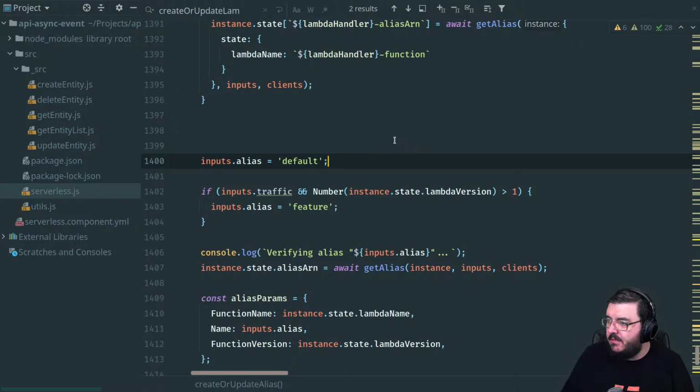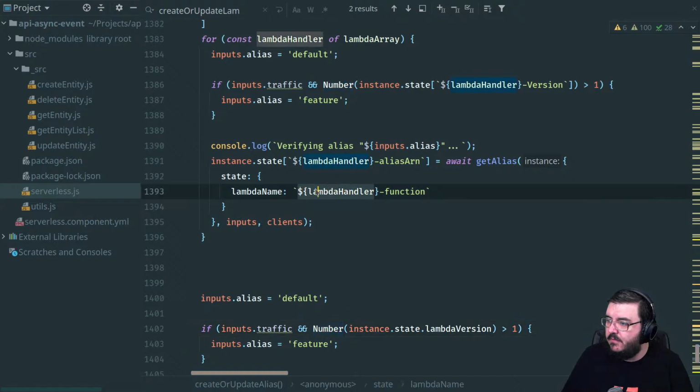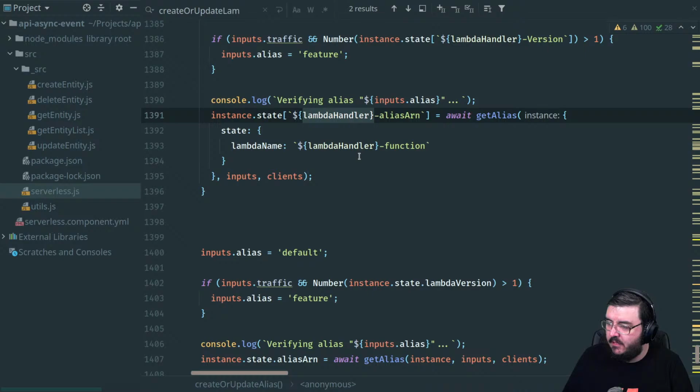Yeah, I was trying to sort out how to handle the alias ARNs, the multiple ones. So I have now given it a custom way to build those out. As it loops through each of our lambda functions, it will now have a unique alias ARN for all of them.